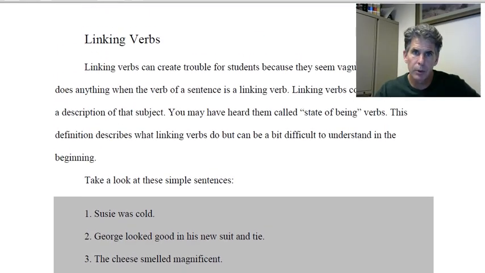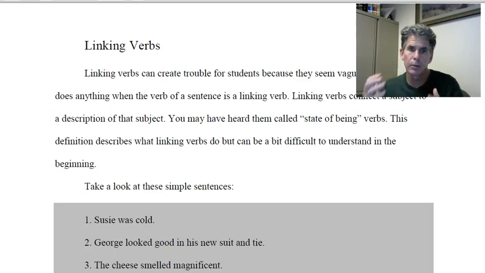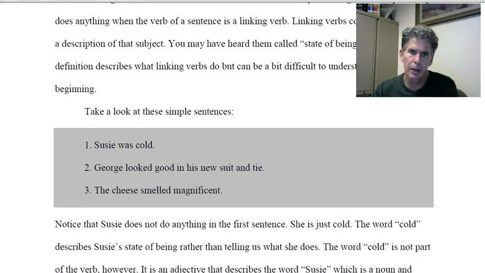verb, and it's very important to understand. Sing it with me. You're either an action verb or you're a linking verb. Action, linking. Nothing in between. Okay, that's the way linking verbs are. They are entirely different from action verbs, and they're very common. Very common. This is why all your English teachers, you might have to go back and punch them in the arm. When you have a sentence like this, Susie was cold, there is no action.